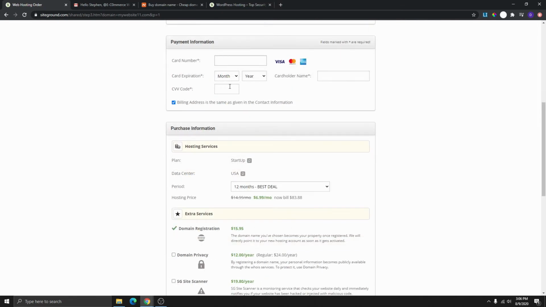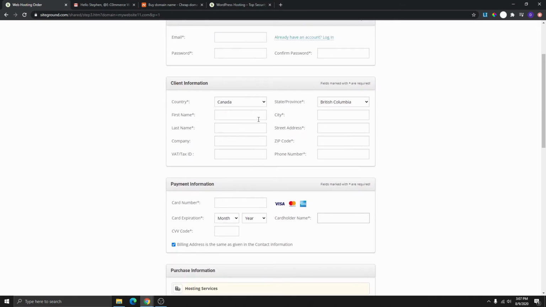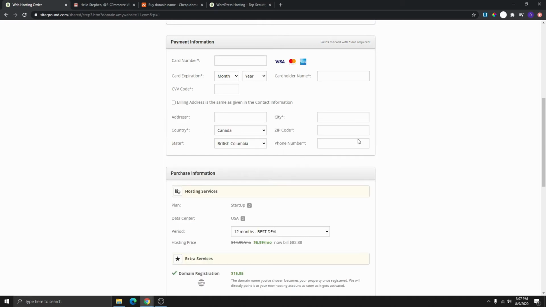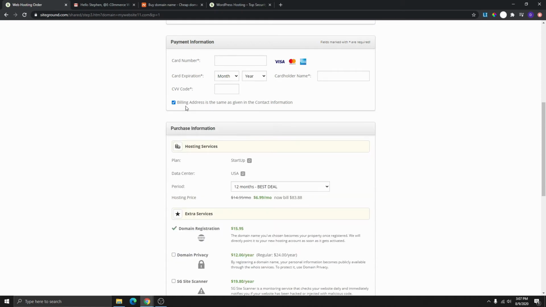and then over here you can use your card to pay for the hosting and domain. So you can use a Visa card, or you can use a MasterCard or American Express. Put your card number here, the expiration date over here, and put the 3 digit code at the back of your card. It's called the CVV. Put that code here and put your cardholder name, the name on your card, over here. And then here, this billing address, if it's the same as the one that you filled in here, you can just leave this selected, but if it's different, just untick this, then you fill in a new billing address. But in my case, this is the same, so I'm going to leave this selected so I don't have to